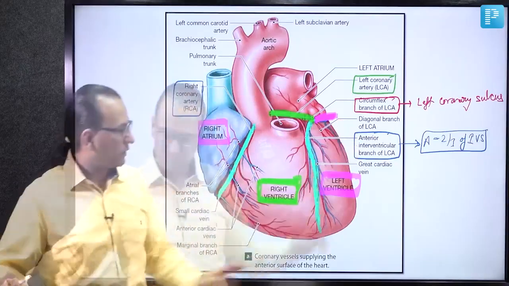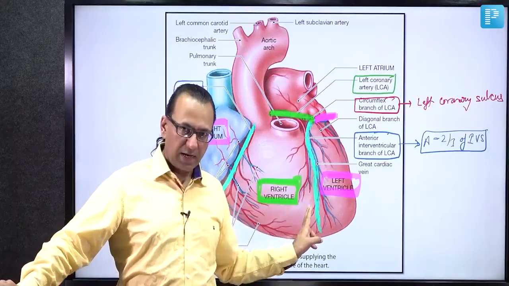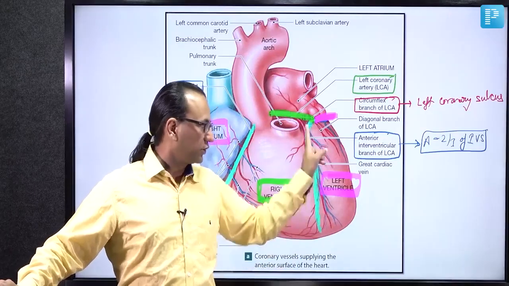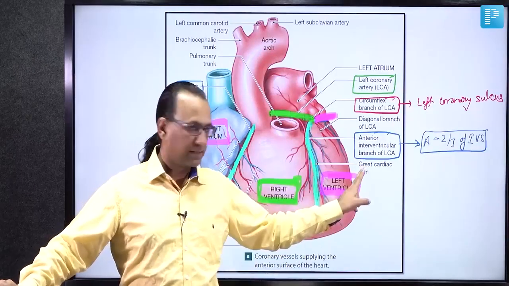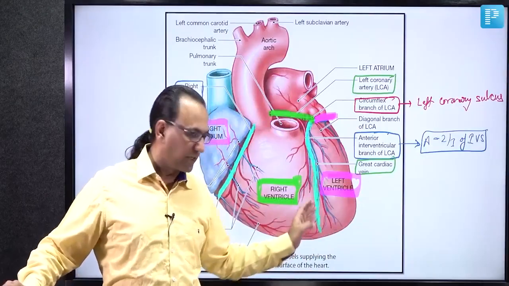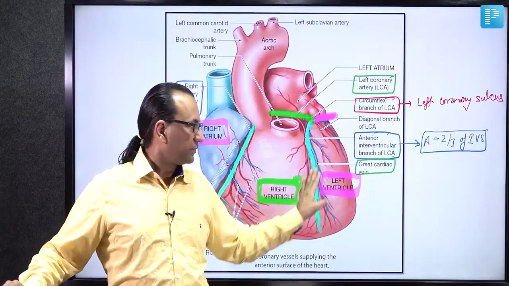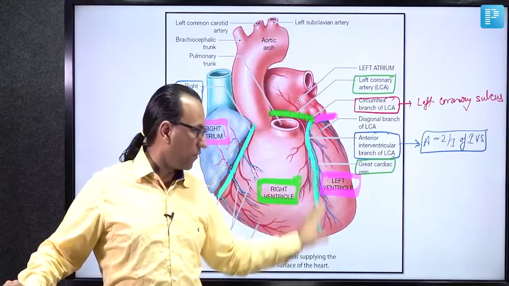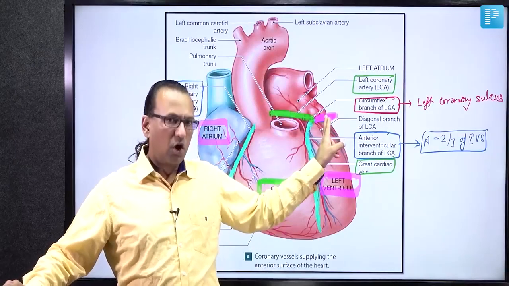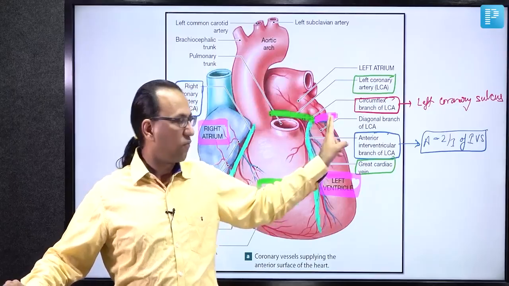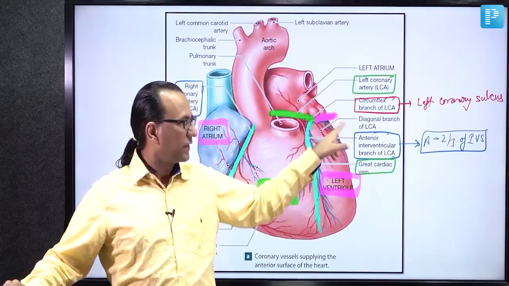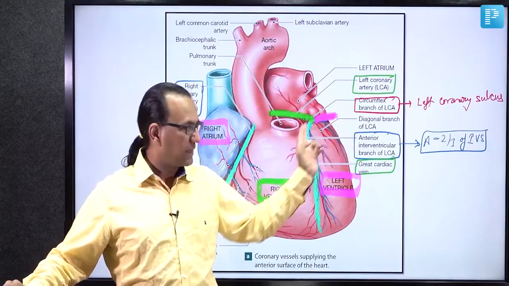Now this AIVA in the AIVG is followed by a vein which is called the great cardiac vein. This great cardiac vein, which begins near the cardiac apex, is ascending up in the anterior interventricular groove along with the anterior interventricular artery. Then it will be running in the left coronary sulcus along with the circumflex artery and go posteriorly to drain into the coronary sinus of the heart, which lies in the